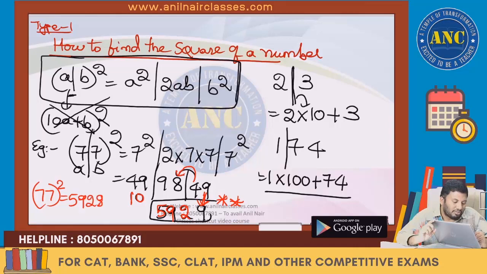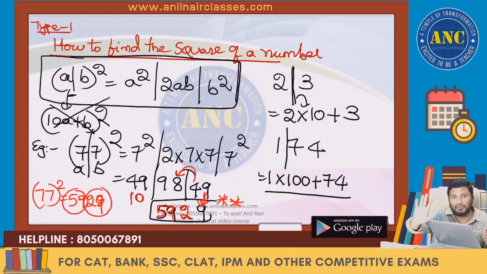5929. This is nothing but how many 4-digit perfect squares are there where the first 2 digits is a prime number and the next 2 digits is a prime number. We will solve that question after we complete the concept.